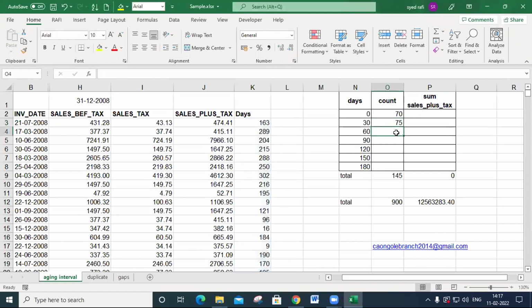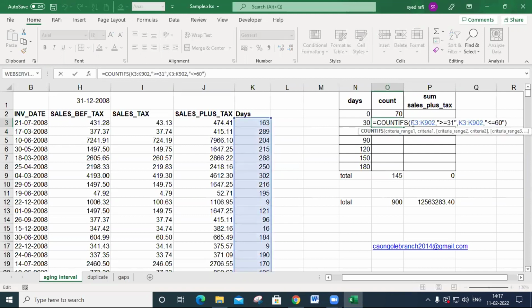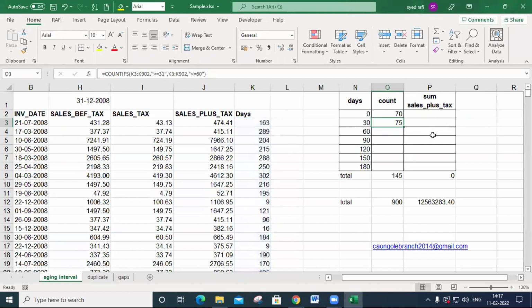I don't want to repeat once again. I just copy the above formula by pressing Ctrl D. One more thing. You can't do it like this. So you do one thing. You must put this one as an absolute reference. Why I put this one, I will show you. So without putting this absolute reference, what happens, I will show you. So by applying Ctrl Z, what happens?